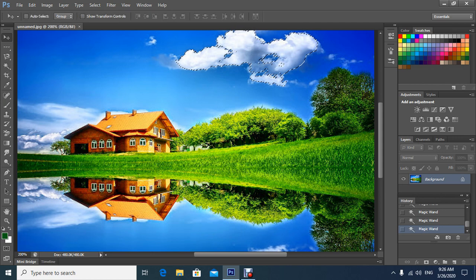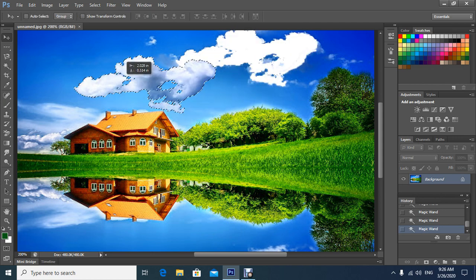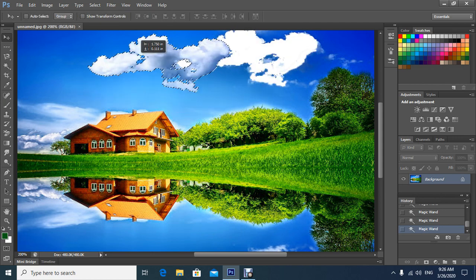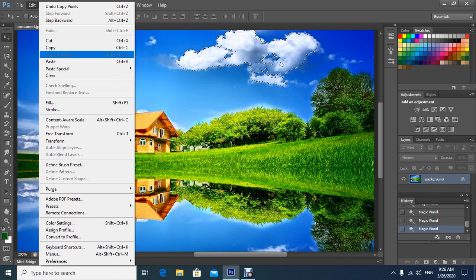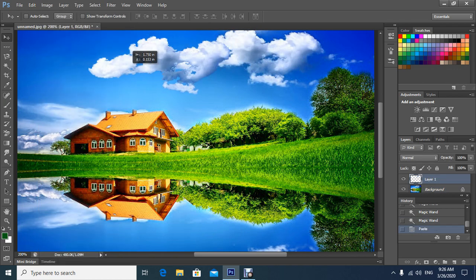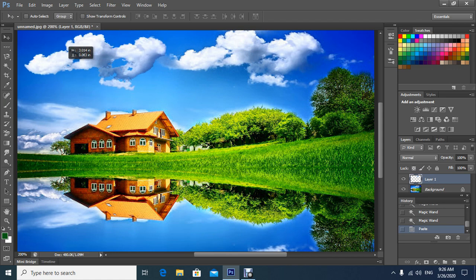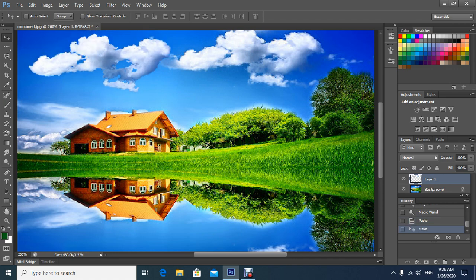Now if I want to drag it or move it, you can see this cloud clearly. Or if I want, I can copy it and paste it here again, so I can make more cloud area, or I can double my image. Okay, one more thing here is